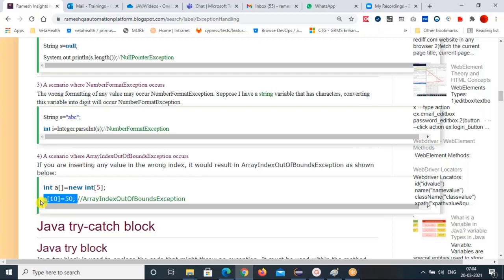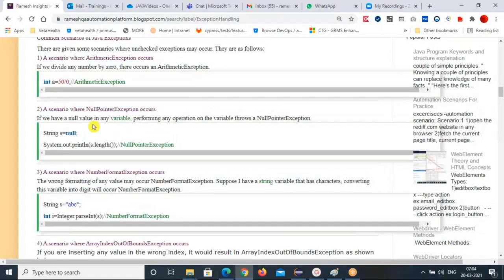That's why if you get a number format exception or null pointer exception, it should immediately strike you. Null pointer exception means the variable I'm using has a null value. Immediately it should strike in your mind, then you can easily debug that.